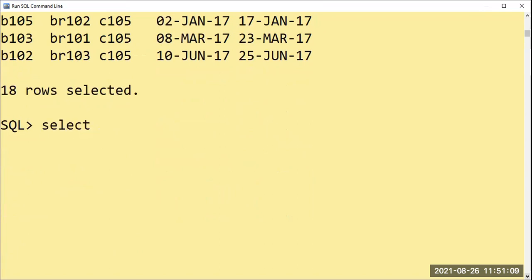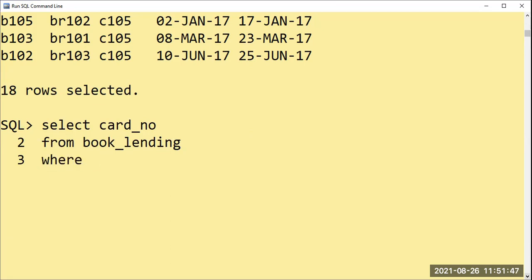Select, what I have written, card number. Why are we going to take the card number? We are finding the counts. C101, how many times? C102, how many times? C103, how many times? For that purpose, we are selecting only card number here, from one table, that is book lending, because we are working from the book lending table. No need of creating the object. One table is there, for that purpose we have not created.